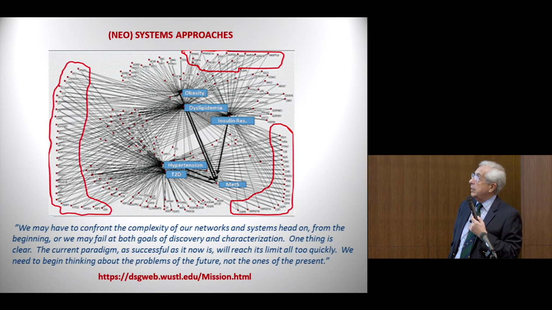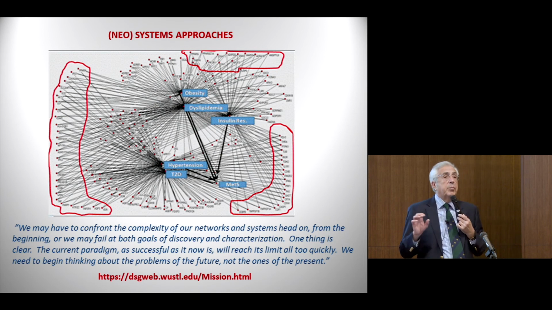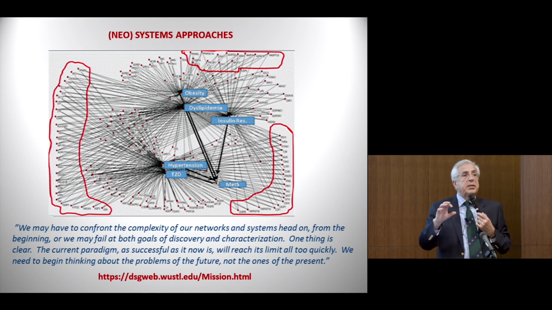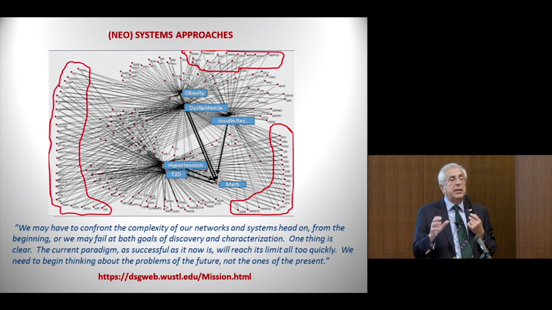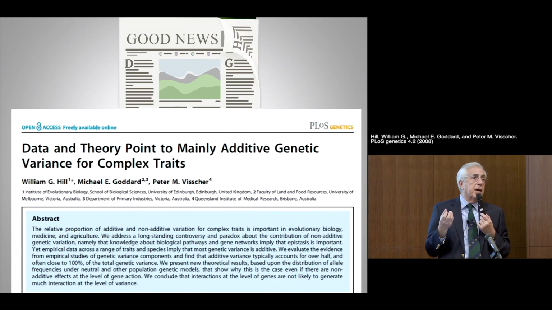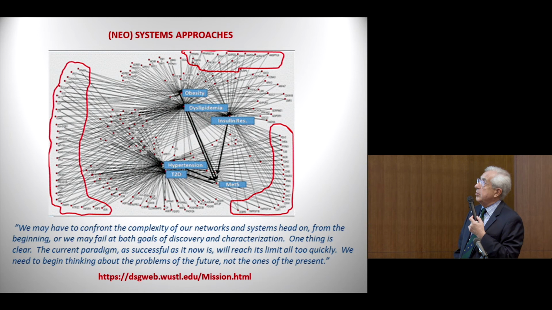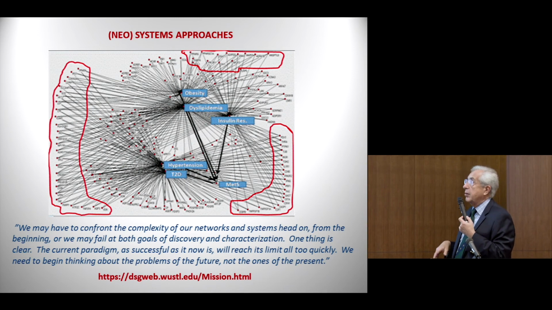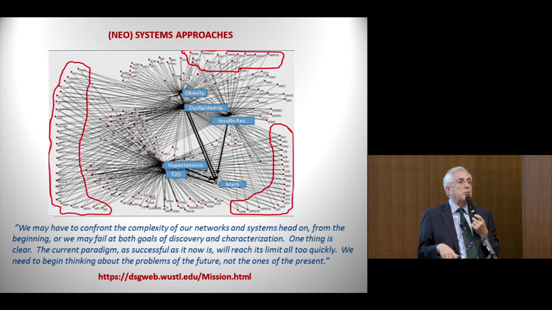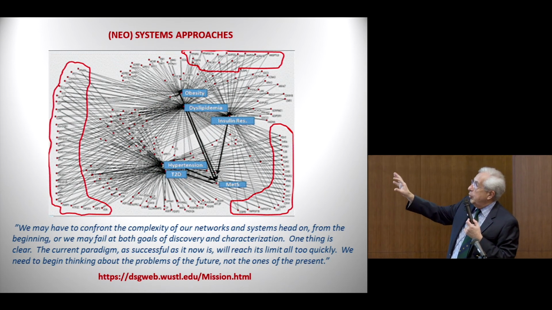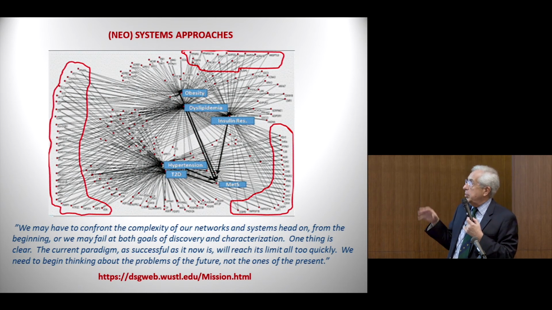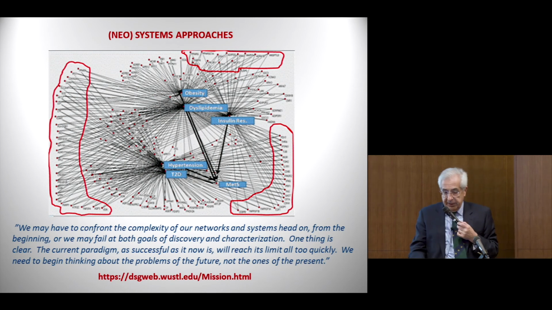This is one representation. Some people are repeating something that used to be said in the mid-60s in anthropology, and in Germany there was the general systems theory of Ludwig von Bertalanffy, that you have to look at the system as a whole and not at the parts. So some people are trying to use this systems approach, but once you come up with a diagram like this, it's very, very difficult to make sense of it, even though there are just a few nodes in this system that in some sense are representing something related to obesity or hypertension or something like that.